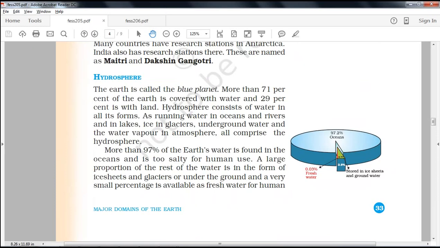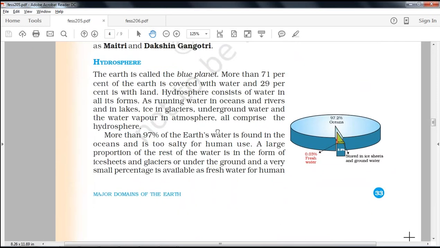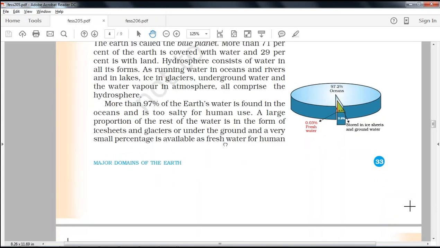Earth is called a blue planet because 71% of the Earth's surface is covered by water and only 29% is land. So the hydrosphere consists of water in various forms: running water in oceans, rivers and lakes, ice in glaciers, underground water, and water vapor in the atmosphere. All these comprise the hydrosphere. But 90% of the Earth's water is found in oceans and it is too salty for human use. Though we have a lot of water and Earth is called a blue planet,